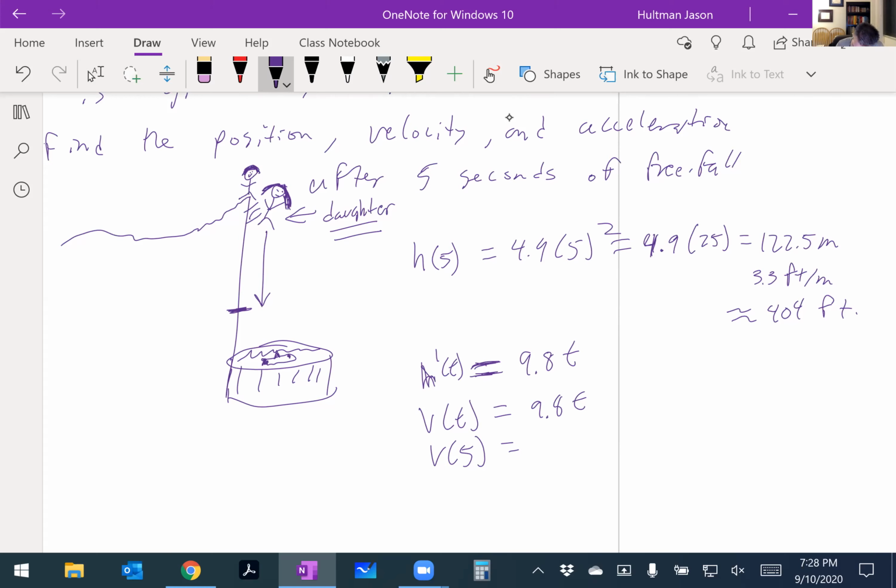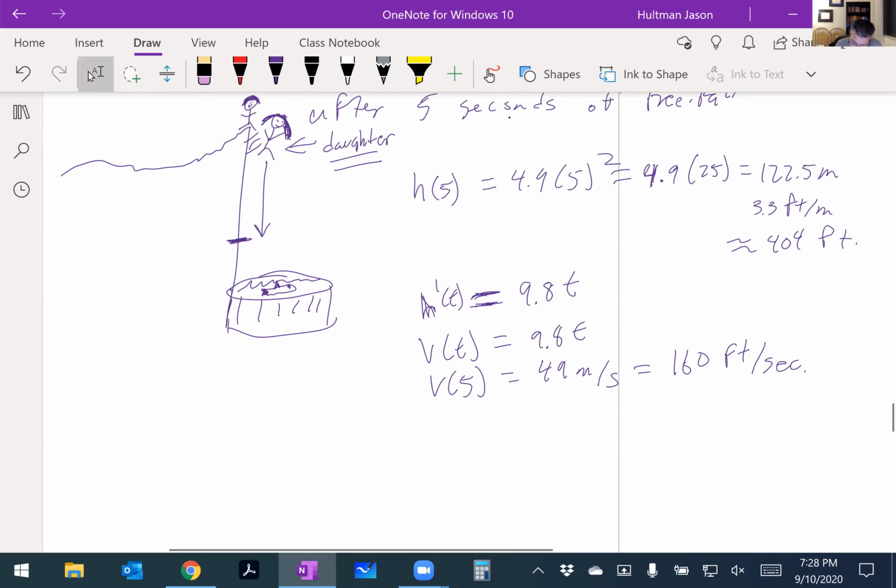Okay, that is 49. So this is 49 meters per second. Every second, she's traveling 49 meters per second. That's pretty fast because that's about 160 feet per second. These people are hurtling through the air at